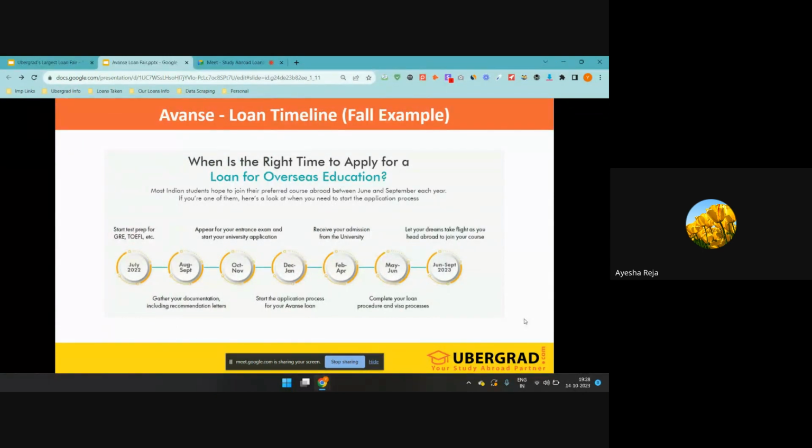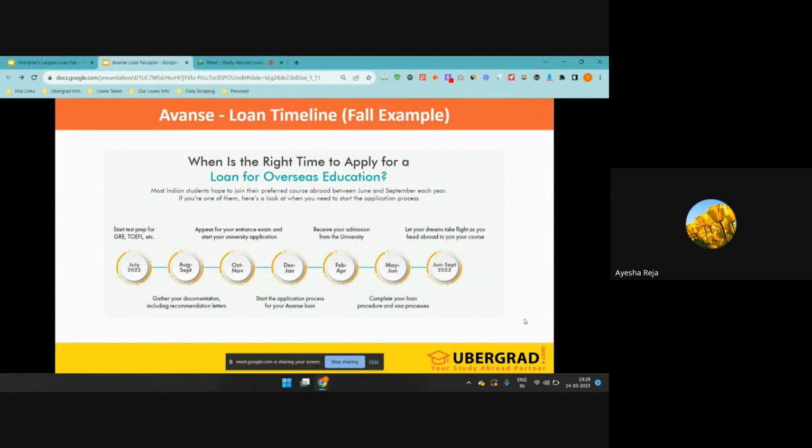For the USA, we are accepting the GRE. For the UK, the IELTS minimum is 6 to 6.5, and for the USA the GRE score is from around 305 to 320. As well as for Australia, PTE, whatever you have written. For Germany, those who are going to Germany should know the German language, so they need to complete the German language course.